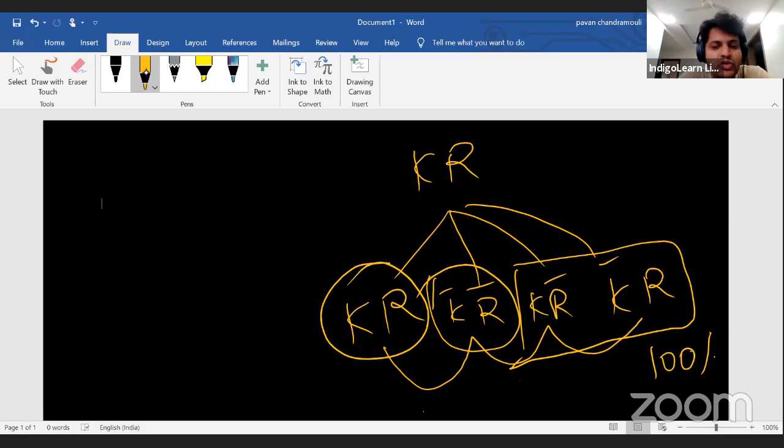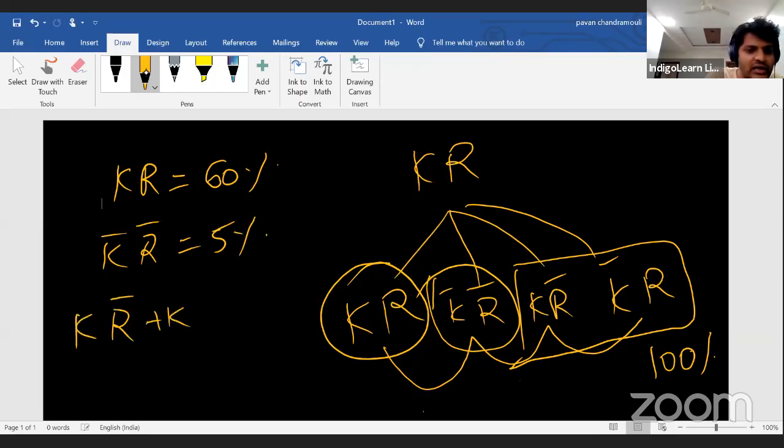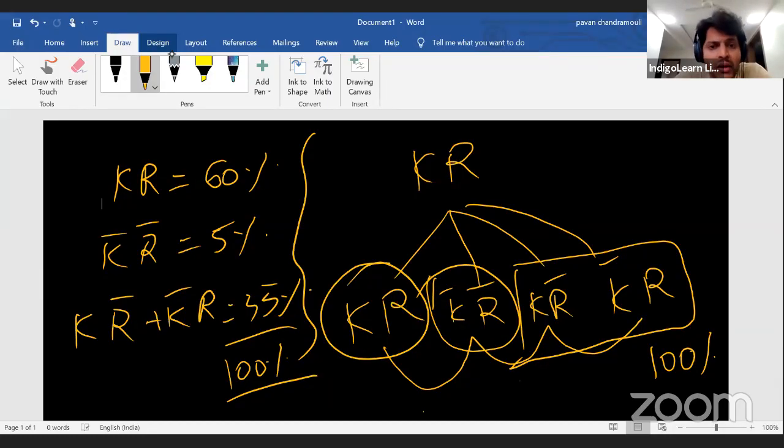So basically, when you try to solve the problem, you will see that Kohli and Rohit scoring a century, we got 60%. Both failing in the match, we got as 5%. That's the reason I explained all 3 scenarios. And a possibility of only one of them scoring a century as 35%. You can see that when I add all these 3, I'm getting 100%. So basically for this problem, I have 4 possible outcomes. So you can't just decide 60% is one, 40% is other, because 40% is a combination of 3 other events. So that is what you should be very careful about while doing the problem.